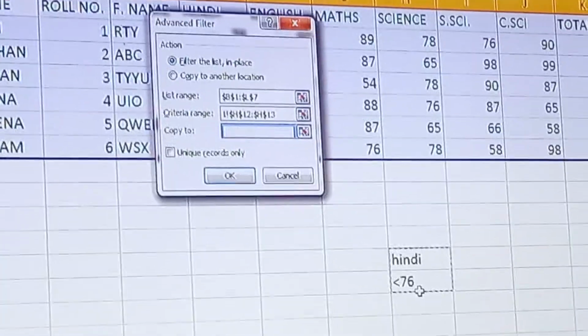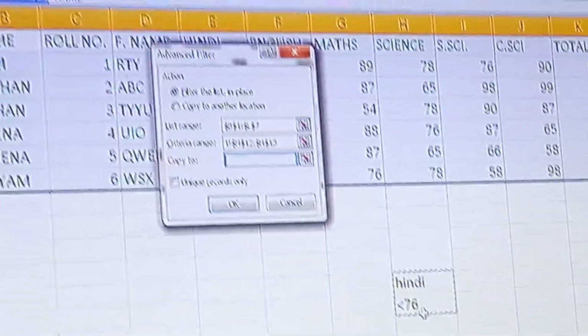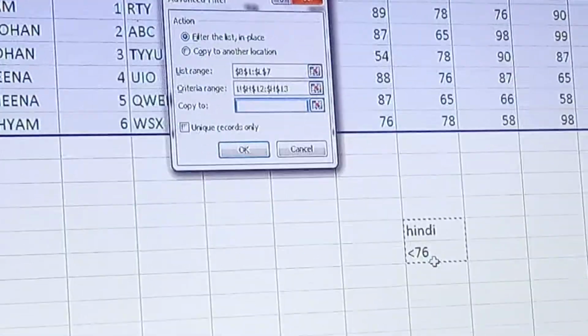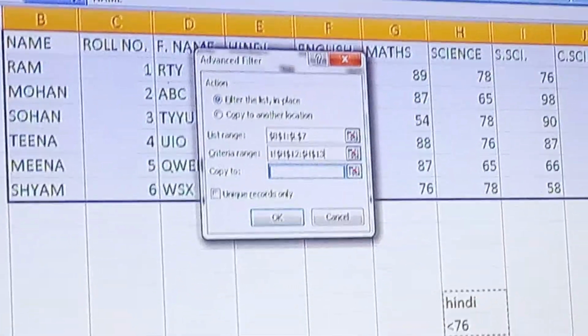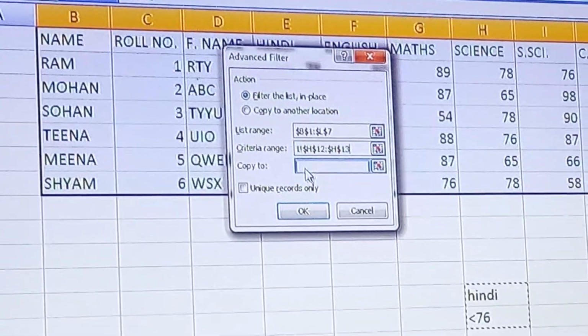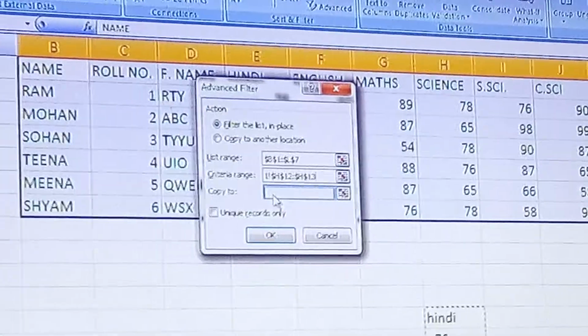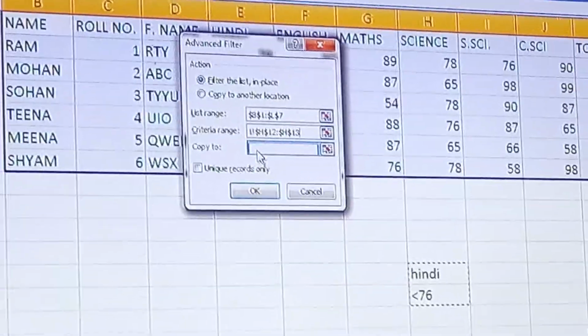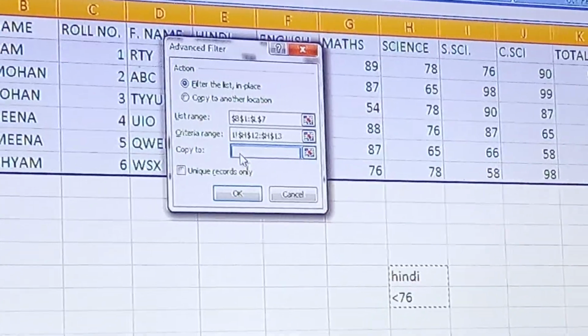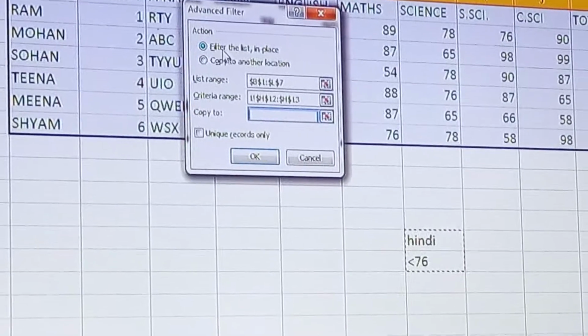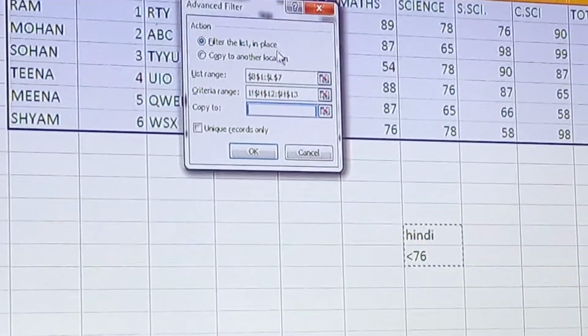The other option is Copy to another location, which means the database remains the same and you have to give the address where you want the output of the filter. Now I am saying the simple one, Filter the list in place.